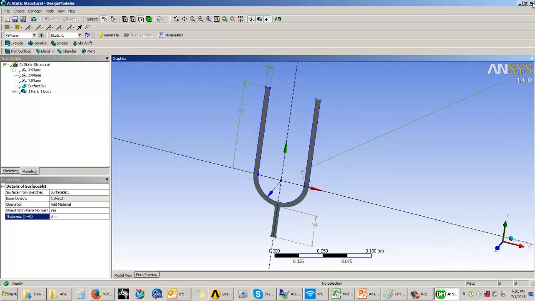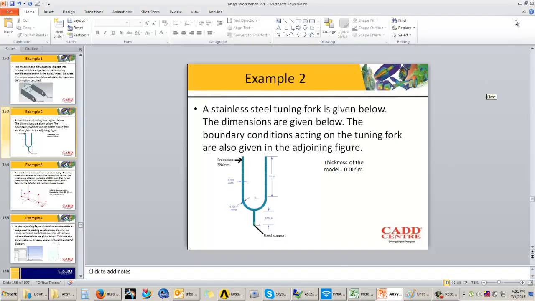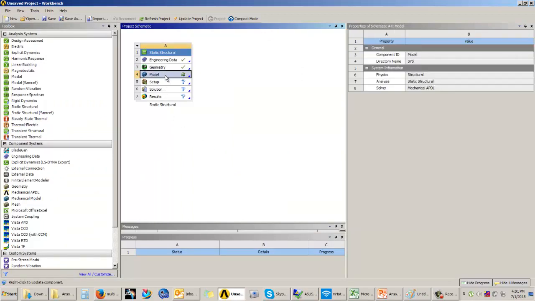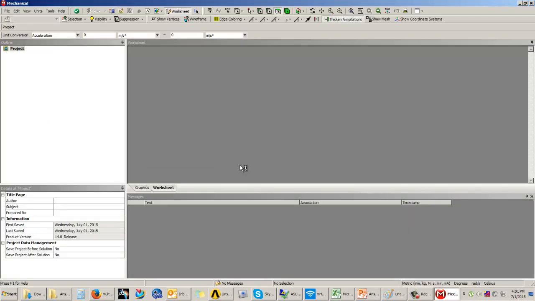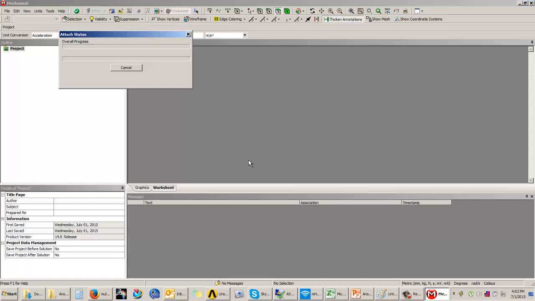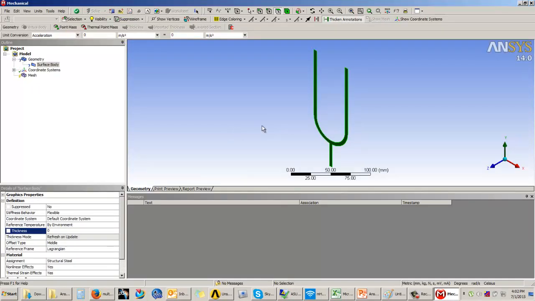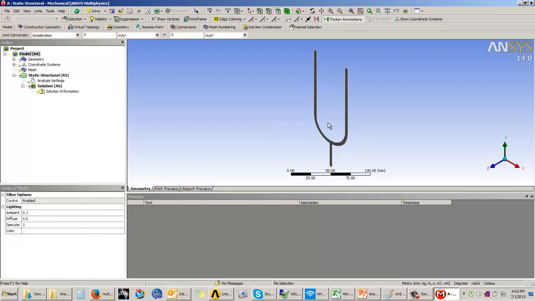You can exit from design modeler and now come back to the project schematic window. Double click on the model cell to enter into the mechanical window. You can see that the model has been imported into the mechanical window, but you can also observe that there's